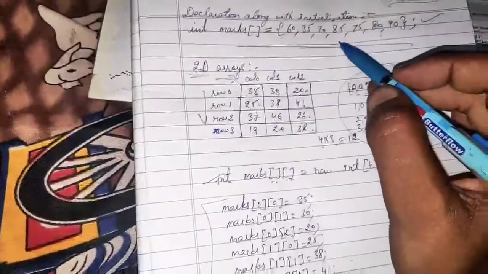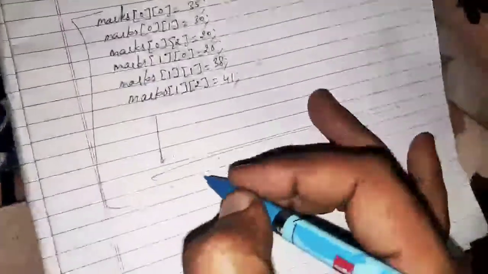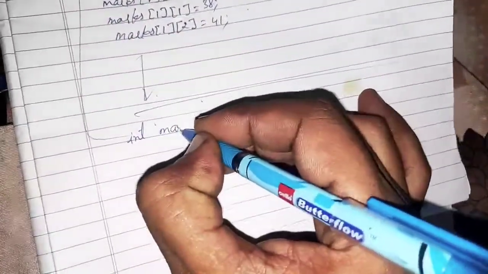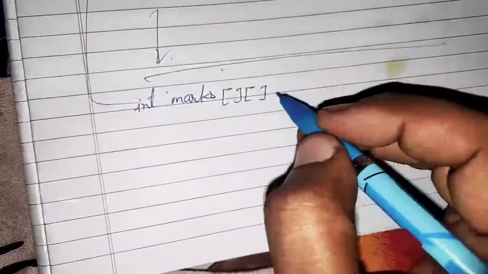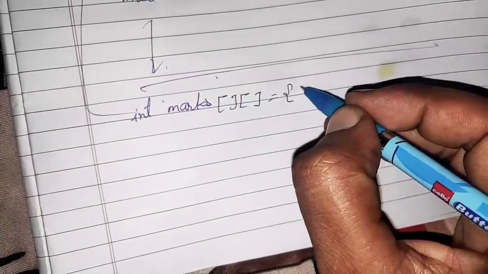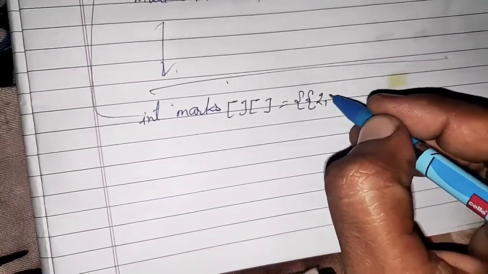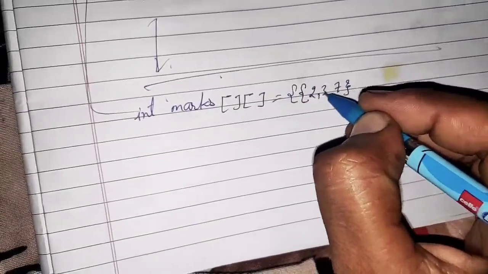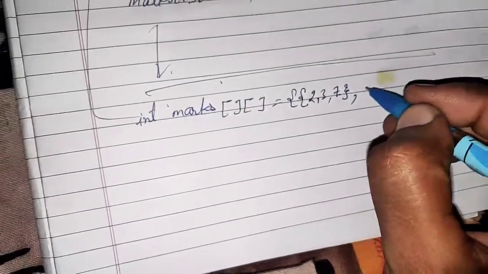Just like 1D array, 2D array can also be declared and initialized in a single line. So let's see how. Here you need to specify the data type, then the array name is marks, then first and second brackets for 2D array, open the curly bracket for array, then open again for the first row, enter the first row elements, say 2 3 7. Suppose you need 3 columns, then specify the 3 elements. If you need 4 columns, specify the 4 columns, then close the row, then put a comma.